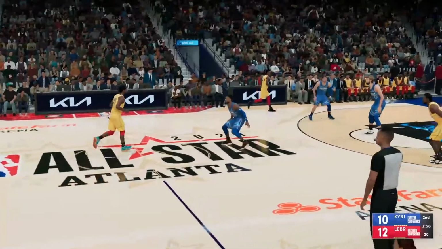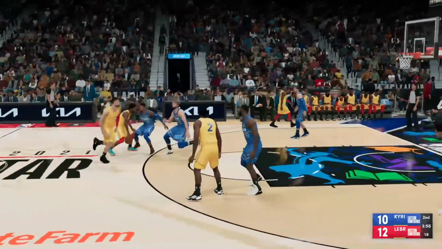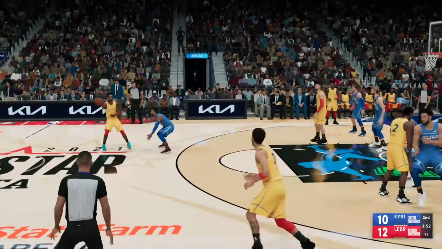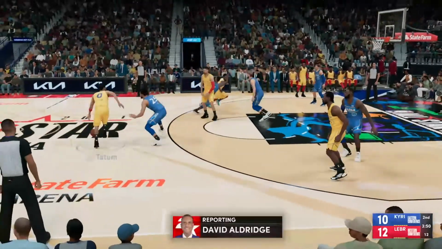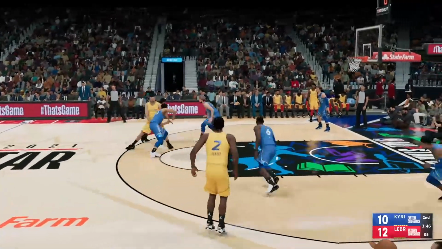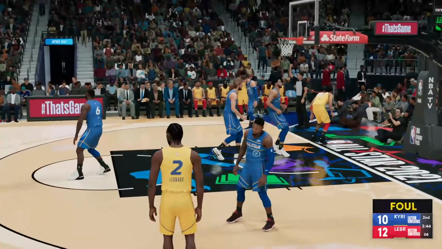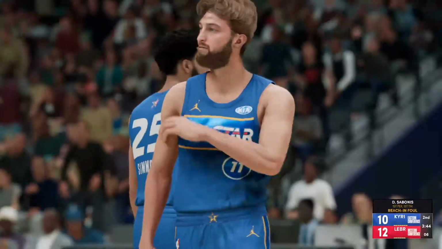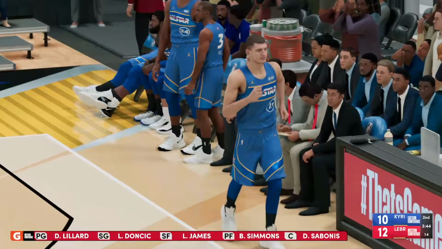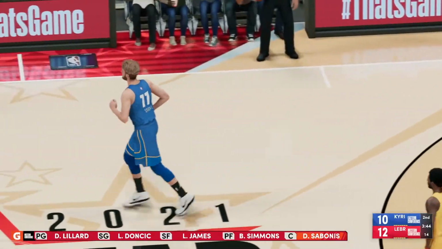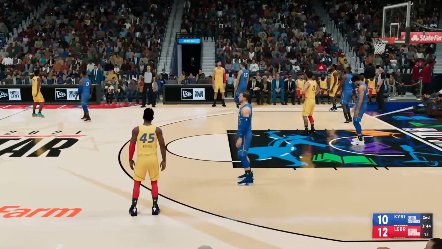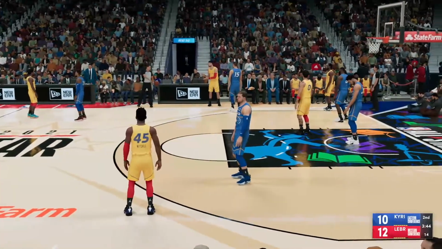And here are the East All-Stars, trailing by 2, and keeping us updated from the sideline. Let's swing it over to David Aldridge. Thank you, Kevin. Paul George has taken some heat in recent years. He says people get so caught up in what other folks think. I'm Paul George. I don't care to be anybody else. I am who I am. You love it or you don't. Simple as that. Guys, with this player on the floor, he has answered all of his critics. He is certainly playing at an elite level.